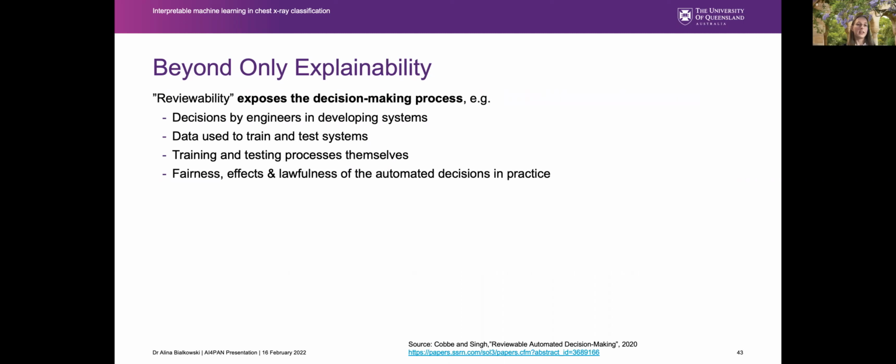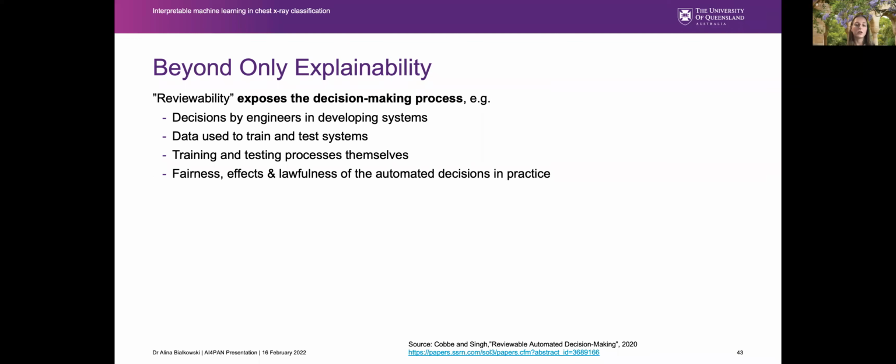I also want to raise the importance of not just explainability, because alone, I don't think that is the solution. What we really need is something called reviewability, which helps in exposing the decision-making process. So if we have the full process able to be reviewed and actually detail it to others, for example, if we know what decisions were made by the engineers in developing the system, if we know